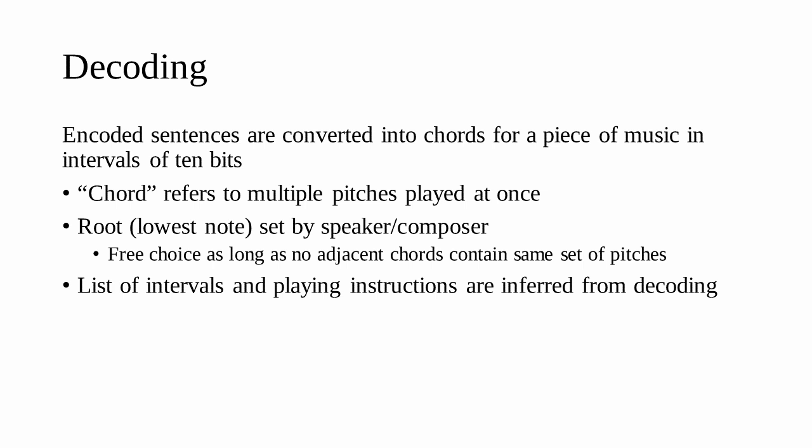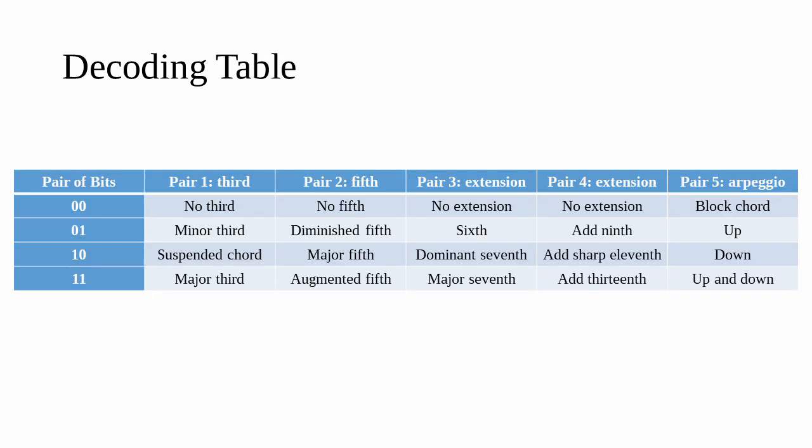The sequence of 1s and 0s generated by encoding is actually instructions on what chords to play and how. Chords are decoded in consecutive segments of 10 bits. The speaker selects a root note, and the first 8 bits indicate which notes should be present and how high they are above the root. The last 2 bits indicate whether these notes should be played as a block, from bottom to top to bottom, or alternating up and down. The duration of the chord, melody, instrumentation, style, etc.